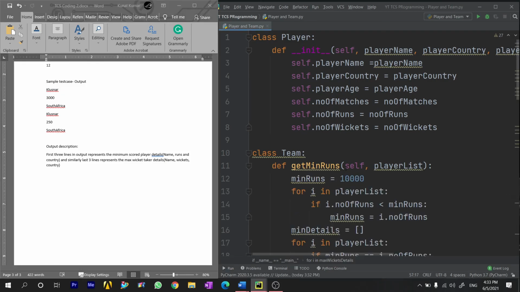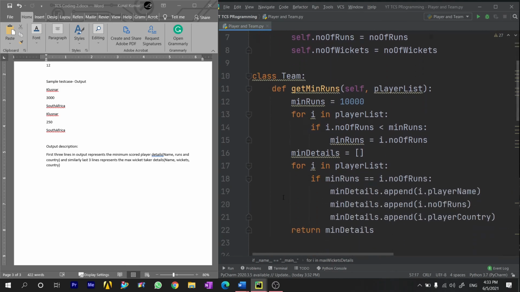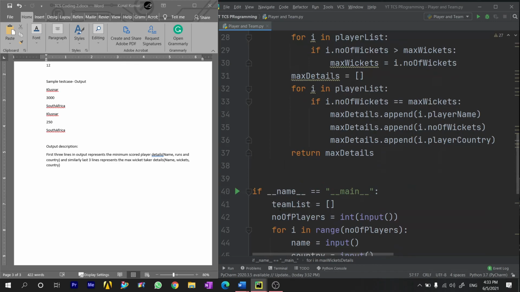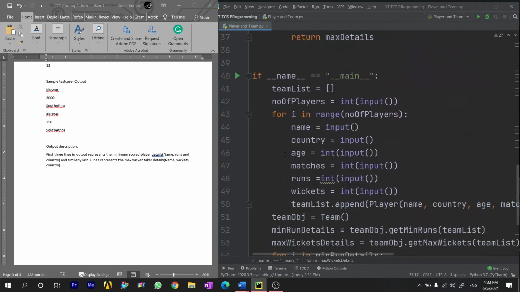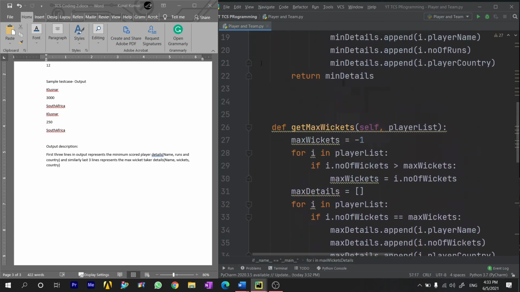So basically this was my approach to TCS CPA programming questions in Python. I divide the question first. I write the classes, I leave the functions blank, and then complete the main function. After this, I compile the code and check if everything is working or not, and then I complete the functions one by one and compile each time to check if they are working. And then after final compilation, I submit the code.